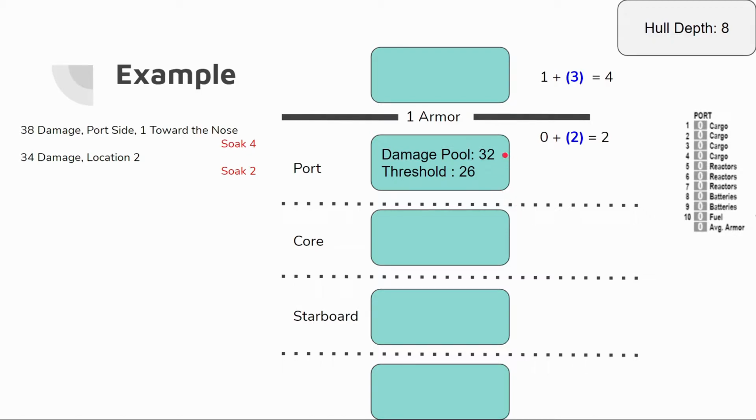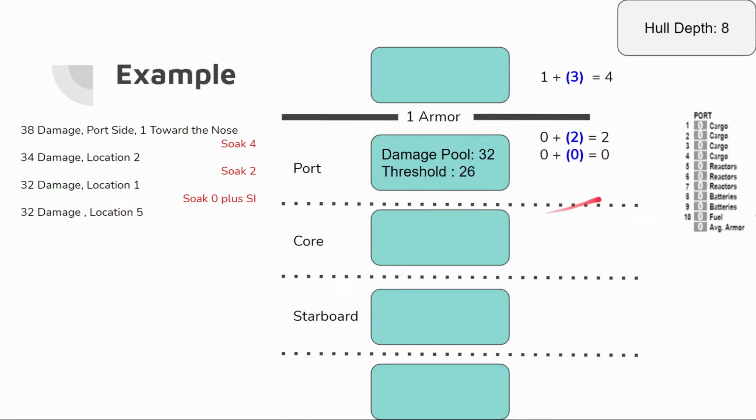The damage pool is reduced to 32, and the attacker rolls the next location and calls out 32 damage, location 1. Which we see over here is the cargo. Defender rolls, they get a 0. So they call out soak 0 plus SI, because they took an SI hit. This does not reduce the damage pool, so the attacker rolls a new hit location and calls out 32 damage,